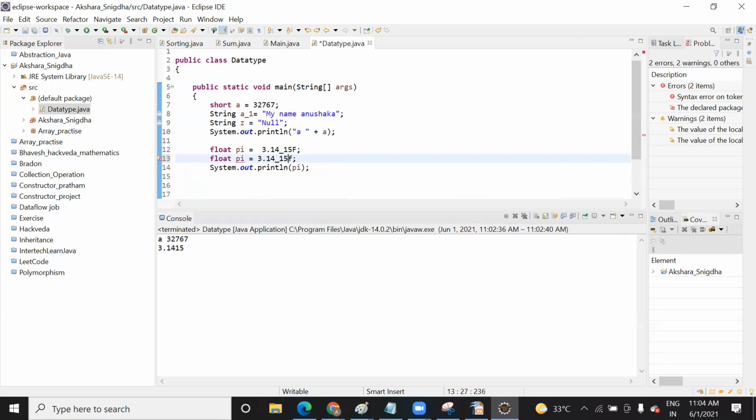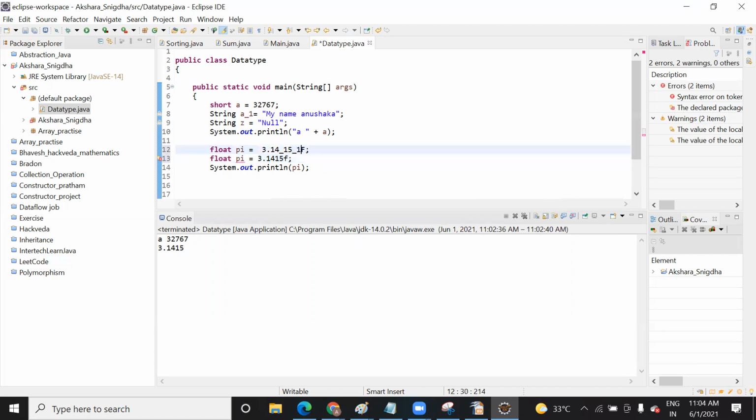The reason why we use this is so that you can get the answer in a precise way. You don't get a long decimal value. That is the reason that when developers work, they don't take a long decimal value, because when you multiply it, it will also give a long value. So we usually use 3.14, and if you want more precision, then you can add 3.15.